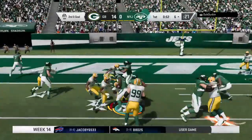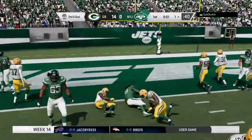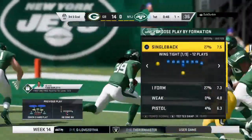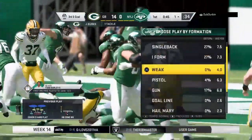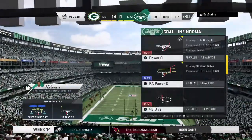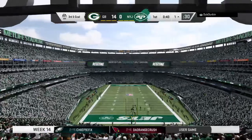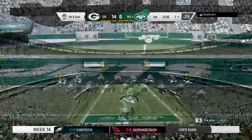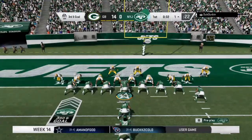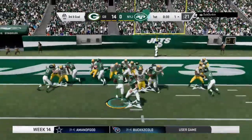Another try on 2nd down with Gurley. And he's going to press this one forward as they stop it right around the 1. It'll be a gain of 5, and it's going to set up a 3rd and goal. His path became similar to almost running a stretch play, didn't it? Trying to find a crease, anywhere to put his foot in the ground and cut back. It just never materialized. A big play to start the drive got him in this position, but this deep, and